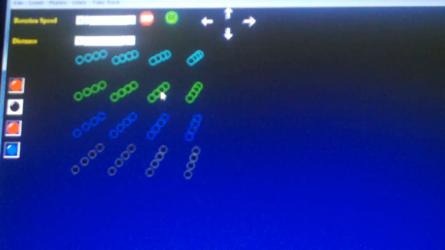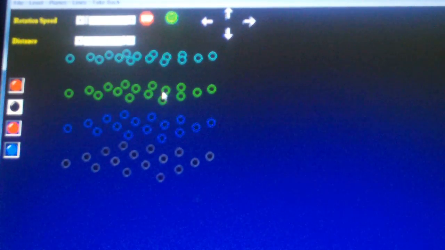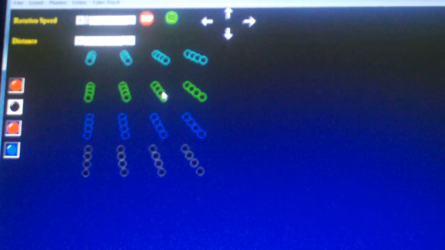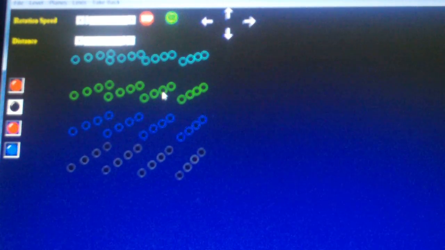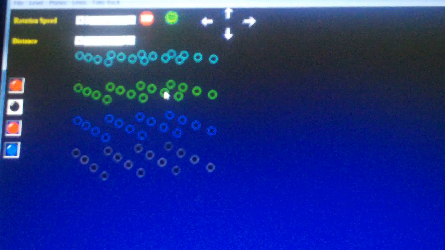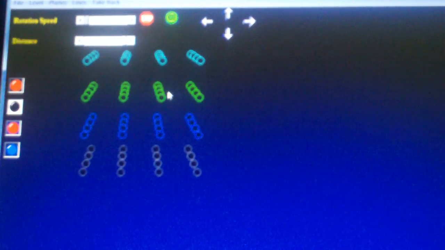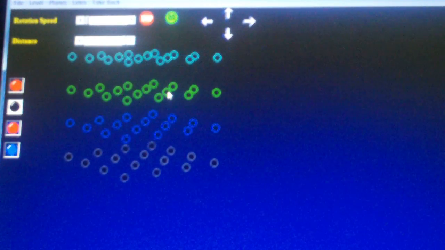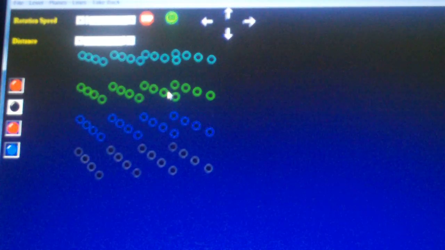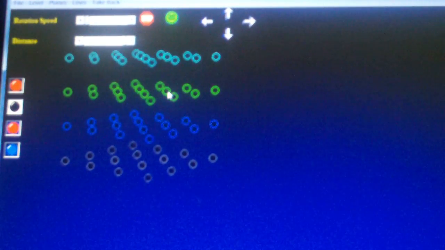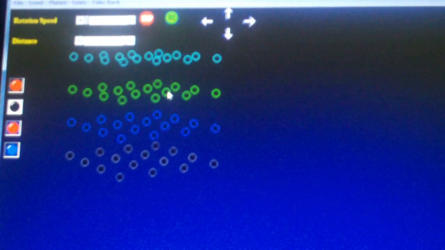Tic-tac-toe actually is pretty simple when it's the 3 by 3 kind. But this was complicated, and I wanted to play against the computer. So I just did it. It started off kind of as a math problem. I just wondered how many possible lines there were on this 4 by 4 by 4 grid that you could win on. I believe it's 76. I think there's 76 lines that you could get 4 in a row on. So anyway, you can see there's the 64 points. Nobody's played anything yet, but